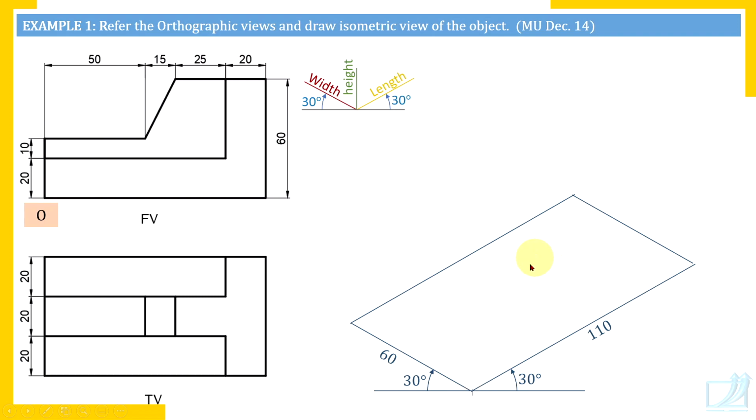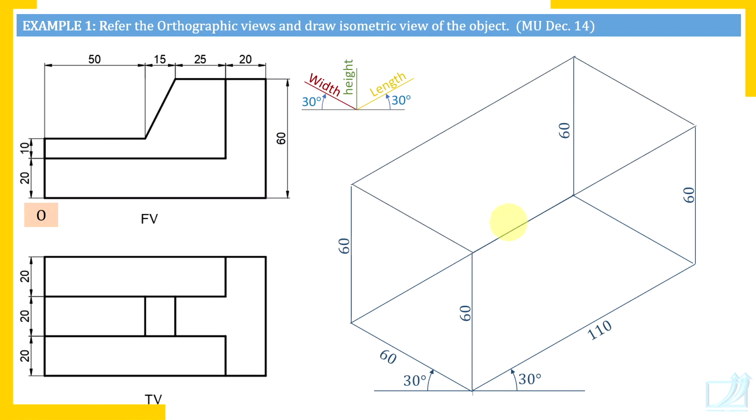Now from all these four corners, draw vertical lines of the height of the object. Draw the first vertical line exactly at 90 degrees. Use a protractor for the purpose. You know how to use a protractor to draw perpendicular lines. So draw a vertical line of length 60 millimeters and use the roller to draw all the other vertical lines. Each line should be 60 millimeters long. Join the top ends of these lines to complete the box.